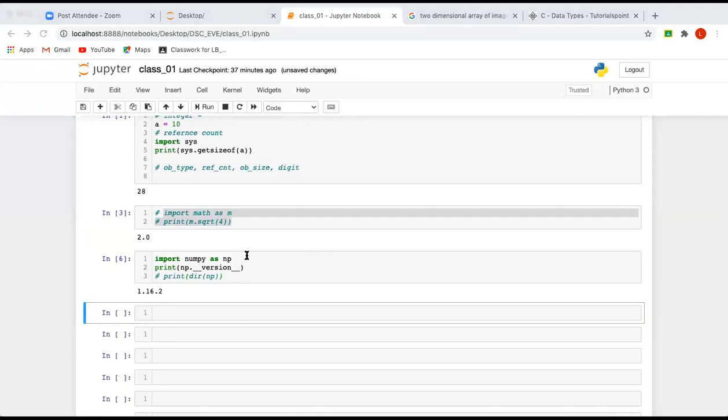Now the next part: we'll see how we can create an array. First I need to show you how we can create an array using the array module. There is a built-in array module in Python. You can simply write import array,